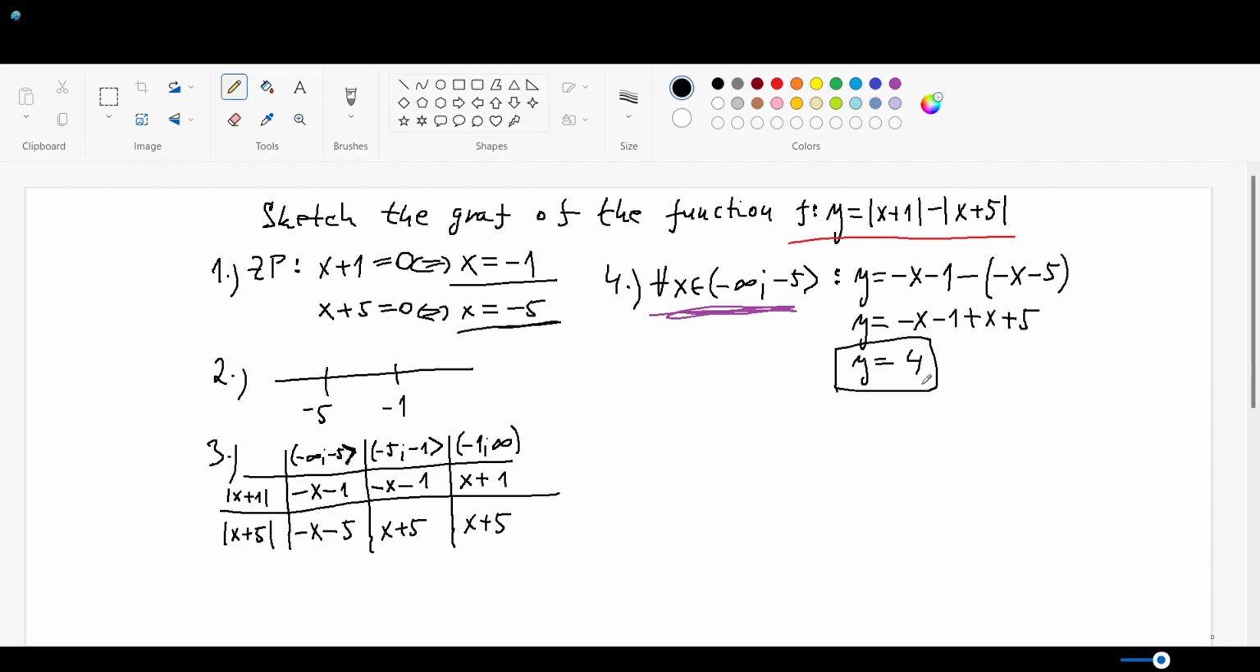This is the first equation. Don't worry, you will see later on that this is correct. The next interval we will be working on is the interval from -5 to